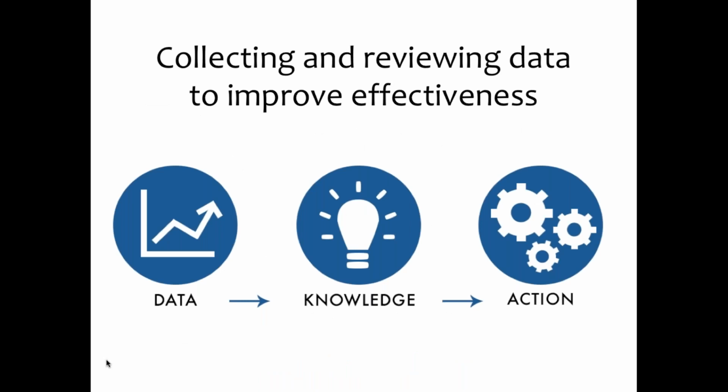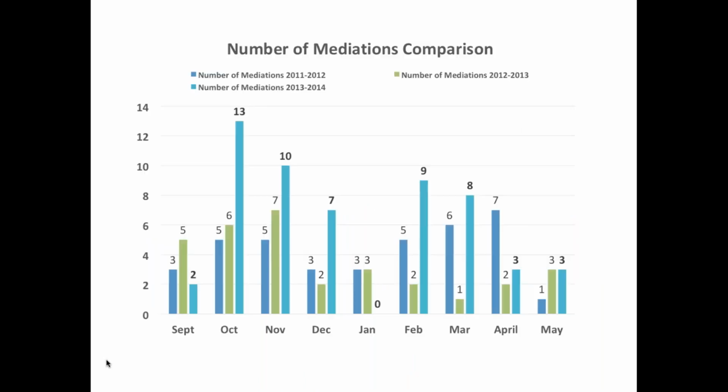So as part of rolling this out, we collected data, and I go into a lot of detail in the book about how this rolled out. The high school where I worked had about 1,400 students. I just wanted to give you a quick overview that in the course of a 3-year rollout, it really jumped up in terms of the numbers of mediations that we did, from about 33, 34 the first couple of years to about 58 the third year, and it continued on from there.